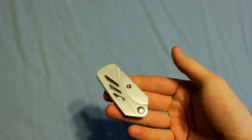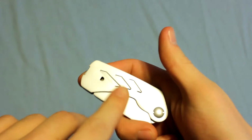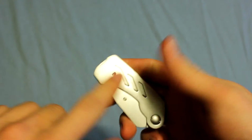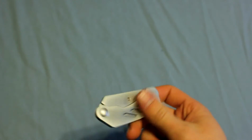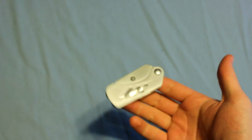I mean, it used to have a pocket clip right here, but it was tight, and I went to slide it into my pocket the first time and it broke. So I ended up just throwing it in my pocket like this. Now the pocket clip broke, like I said, but that doesn't really bother me because I didn't plan on leaving it clipped to a pocket anyway. I know I'd be using it all day, so I'd end up throwing it in my pocket and just reaching in to get it. That being said,